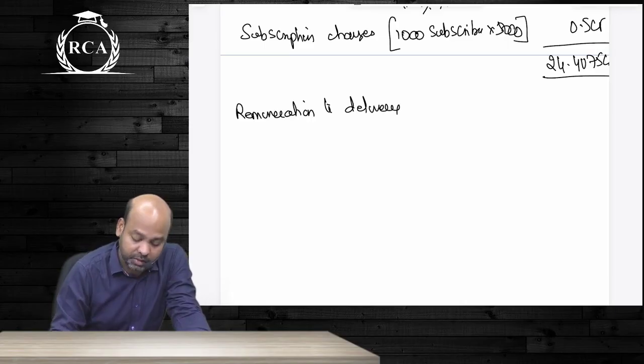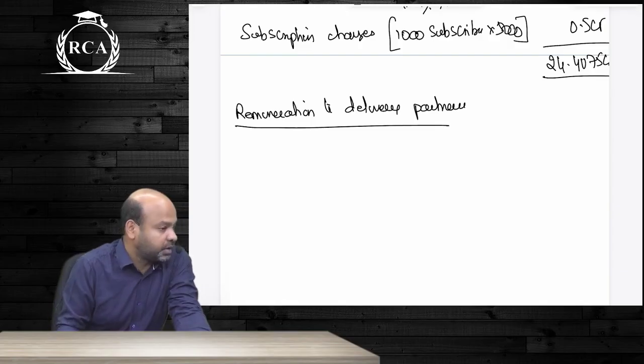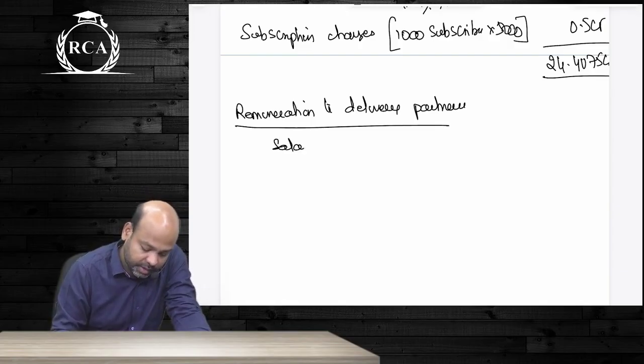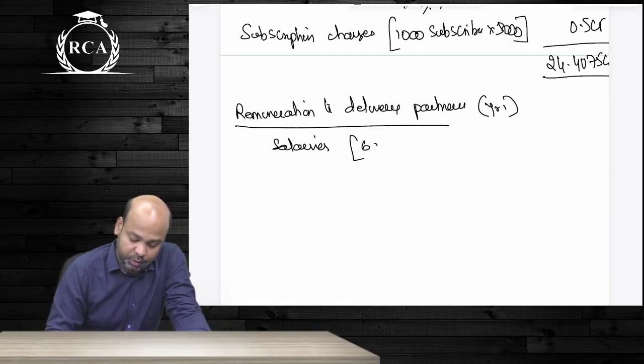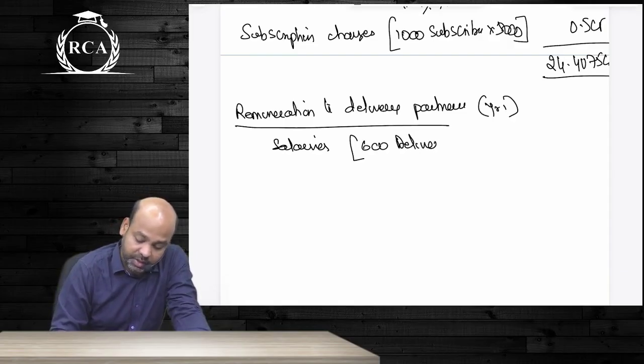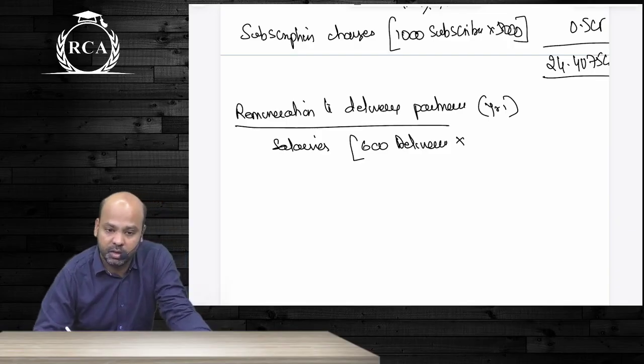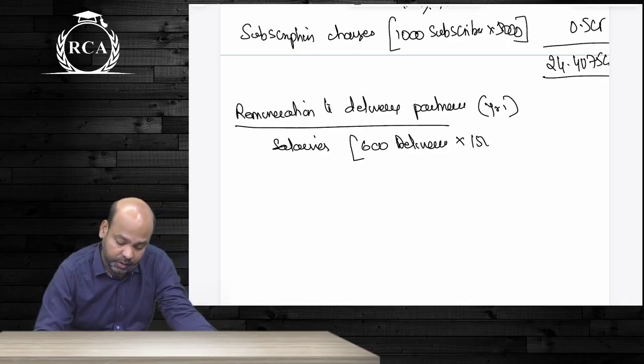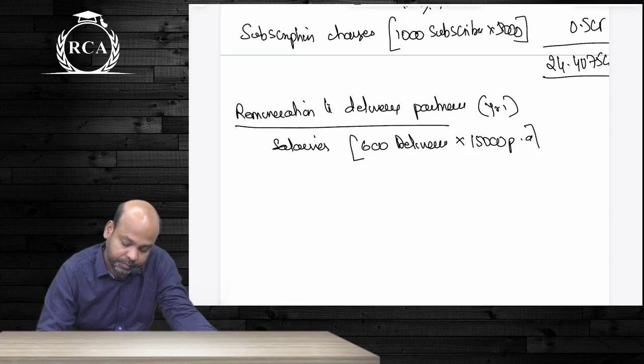I said that 15,000 is per annum. Remuneration to delivery partners guys, salaries कितने रहेंगे बेटा? This is year one बेटा. वापस every year it is going to proportionately change. 600 deliveries guys multiplied by 50,000 बेटा per annum,